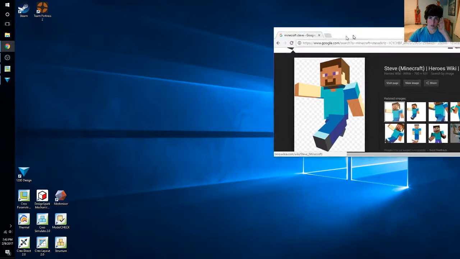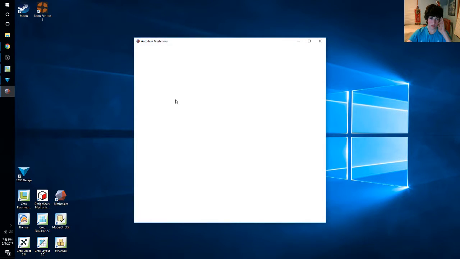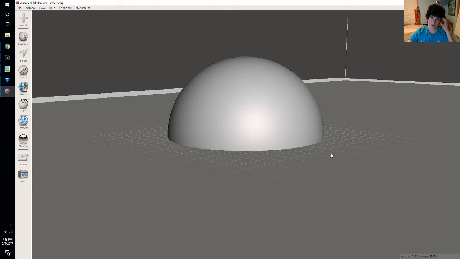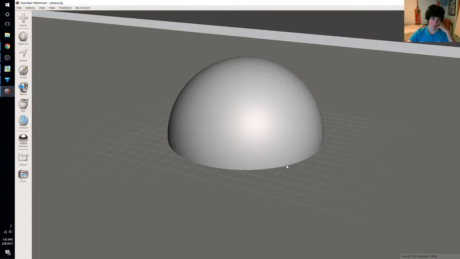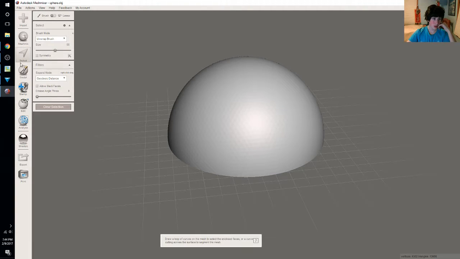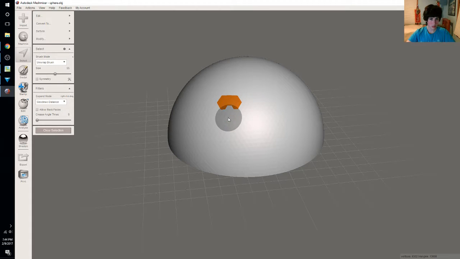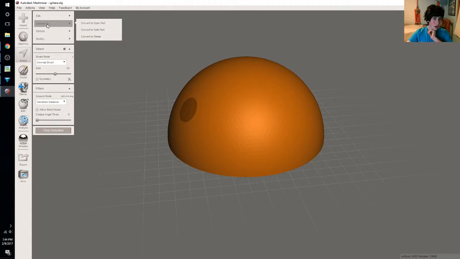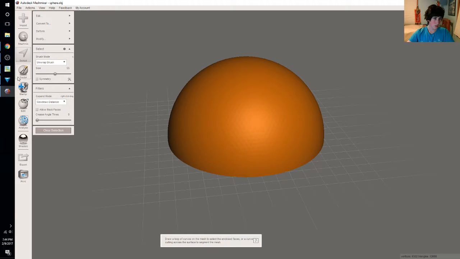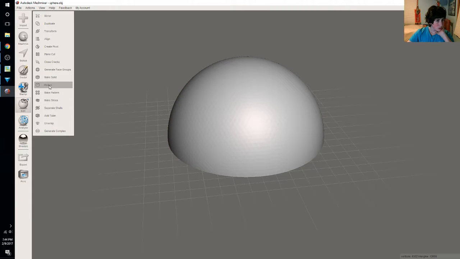Oh, it looks like it wants me to do stupid stuff. Oh, okay, should be working. Import a sphere, because I saw a tutorial on this and it looked pretty cool. So you went here and what did you do? Mesh Mixer, no. Select. Wait, Control, was it? A. Control A to select the whole thing. And then sculpt, no. Where was it? Edit, Control A. Control A, edit. So,